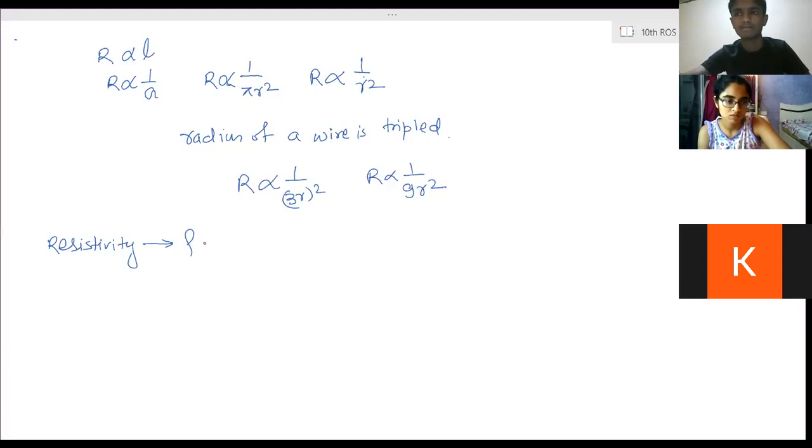Yeah. It is not 1 meter, 1 unit length we can consider. So that unit can be any unit, right? The SI unit is ohm meter. So your resistivity is equal to the resistance of the conductor having unit length and unit area of cross section. This definition is most commonly asked. Resistivity is equal to the resistance of the conductor having unit length and unit area of cross section.